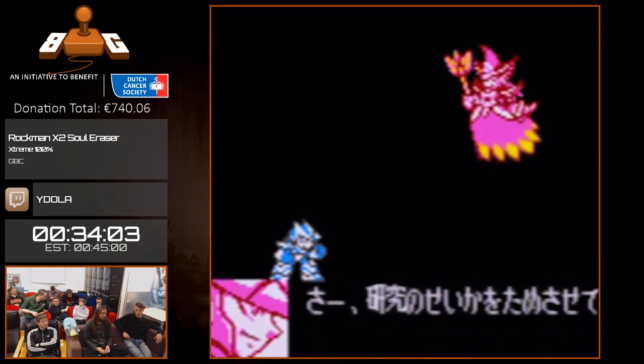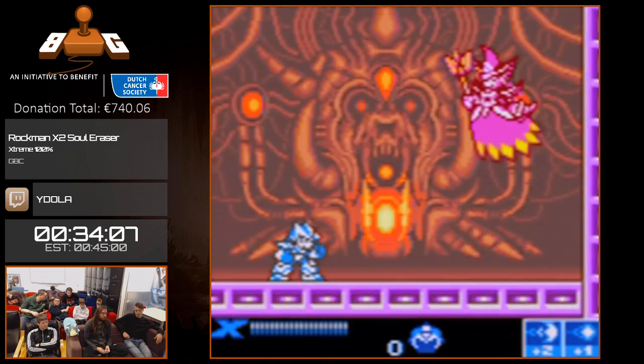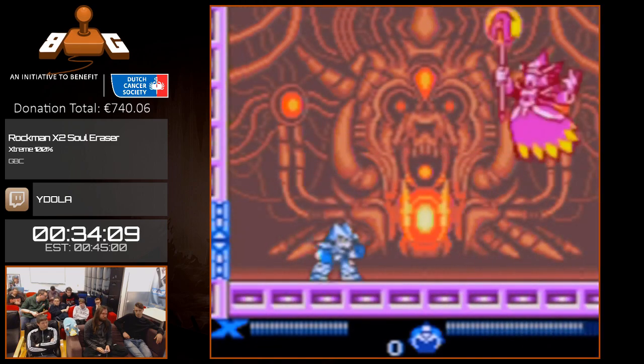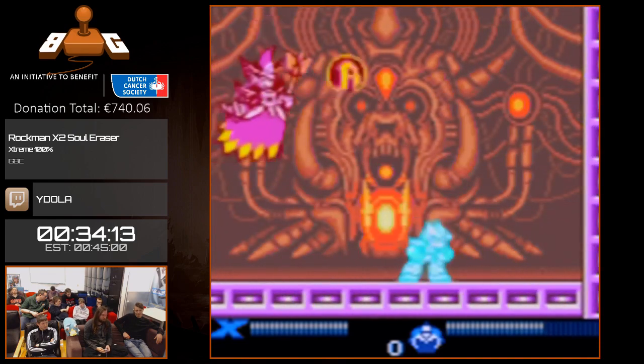So this is Berkana, and she can cost me a lot of time if she hits me with one of her B or A orbs, which disable the respective button. So this disables jumping. Oh, and I'm...